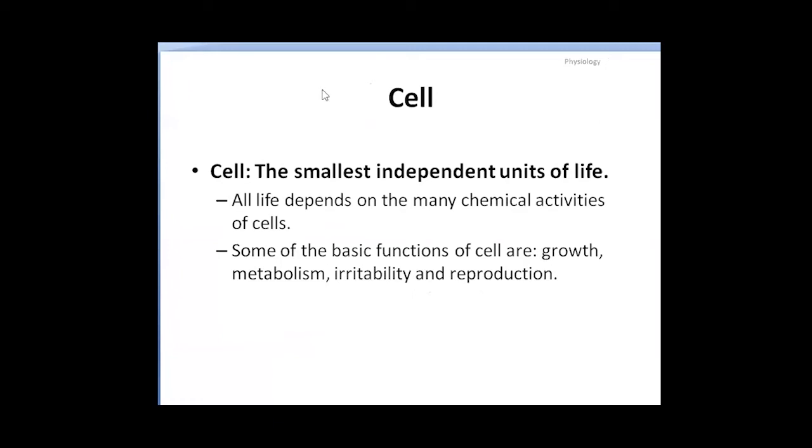Now we're moving to the cells. We're just talking about the cells as the smallest independent unit of life. So we start from here. Inside of cells is all of our life,